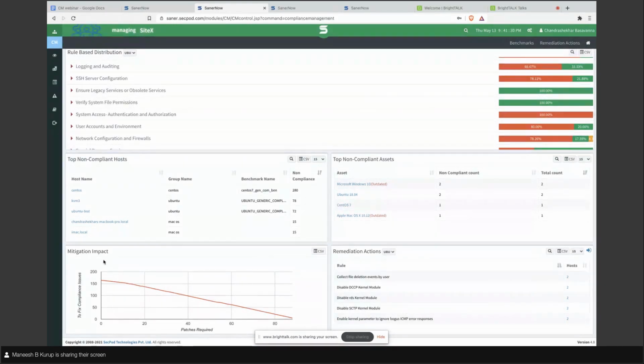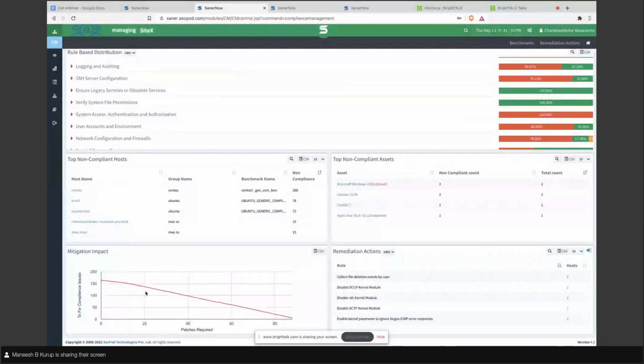This section is mitigation impact, which shows what it takes to bring the non-compliance to zero. As you can see, the total number of non-compliant issues is 163. That is across all the devices, eliminating duplicates and all. So there are a total of 163 non-compliance settings across all the devices.